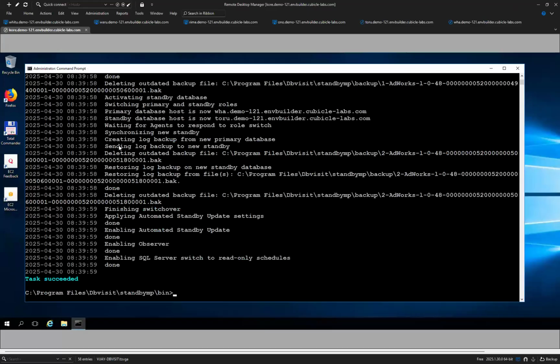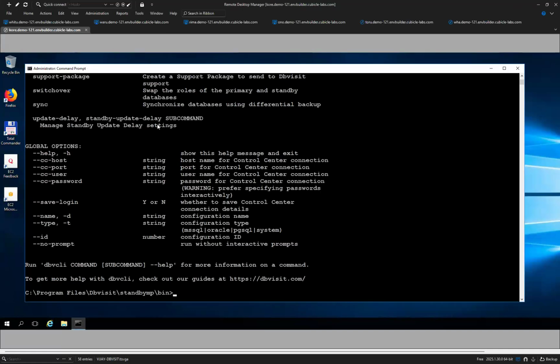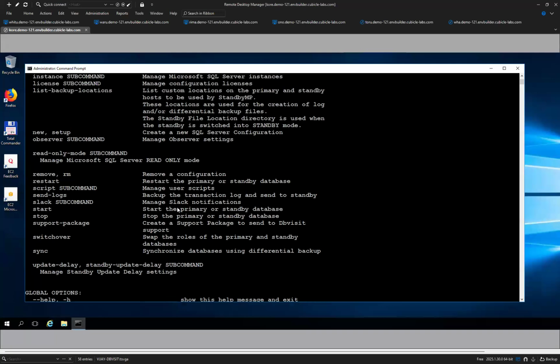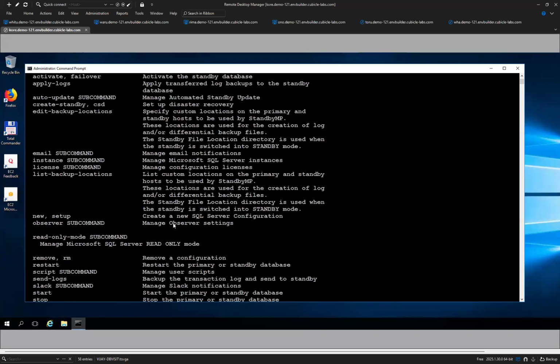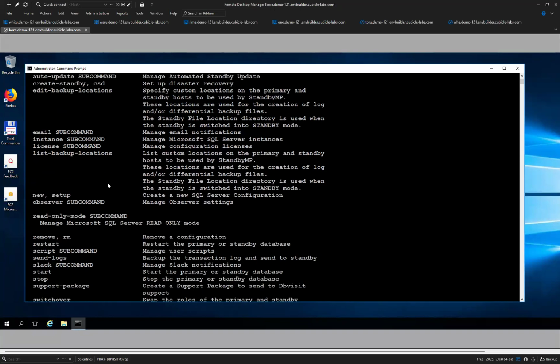Let's look at a few more commands for SQL Server before we move to Postgres. List backup locations is where it will show you the backup locations for your primary and standby, where your transaction log backups are taken on primary and where they are copied from primary to standby. And you can also edit the backup locations directly from the CLI itself. And all these commands can be run from any server as well. So you don't have to run it specifically on either primary or standby. You can run it from